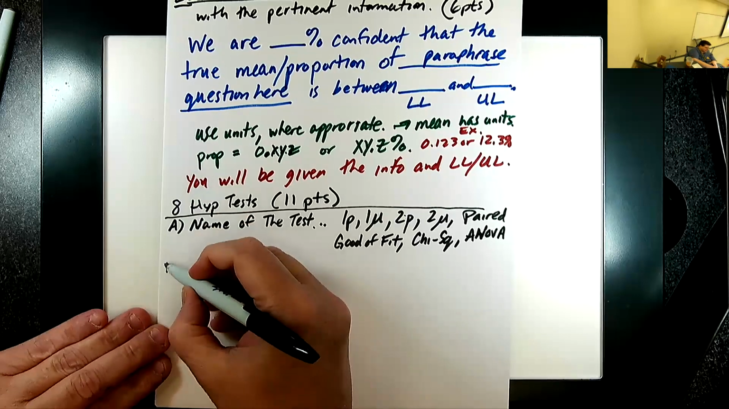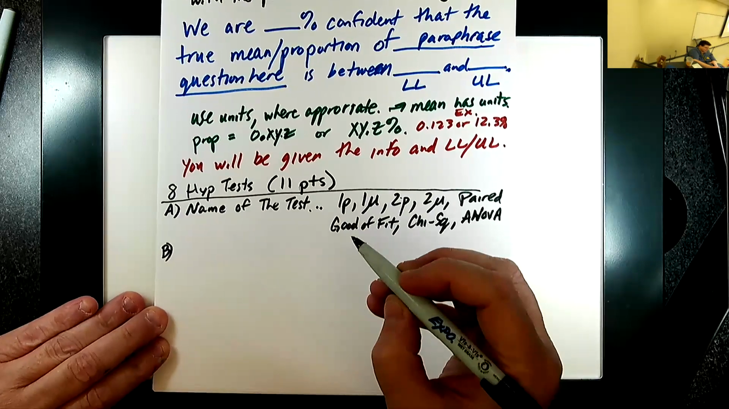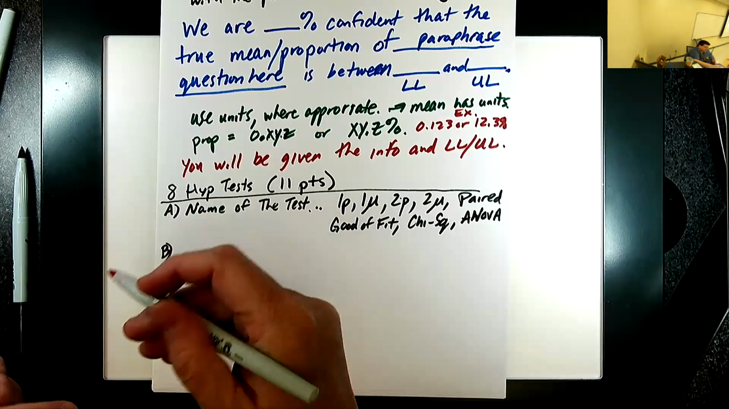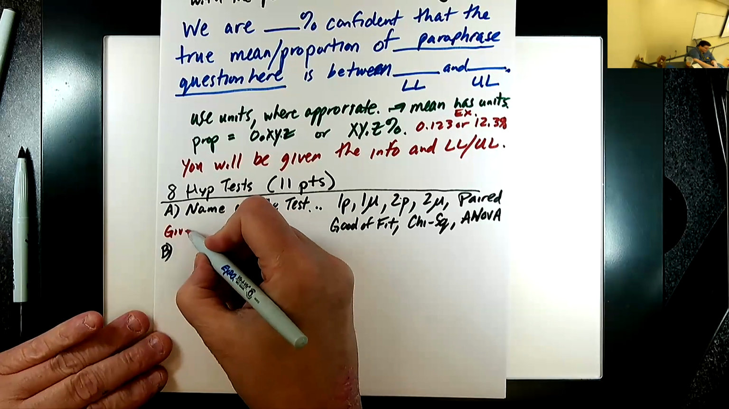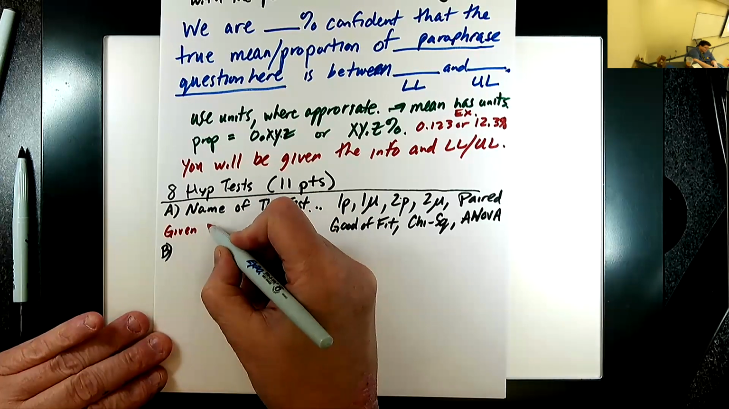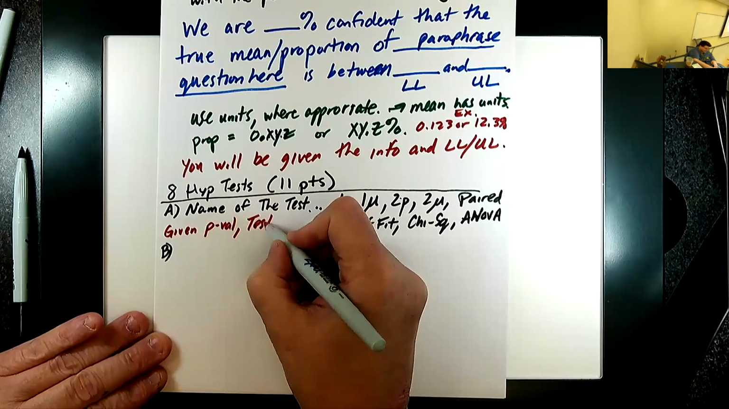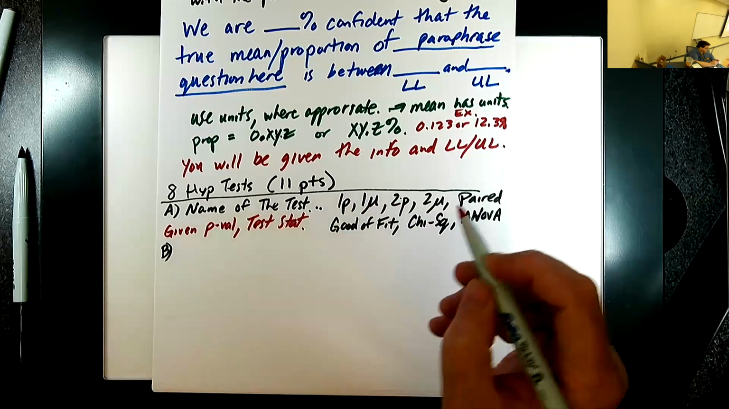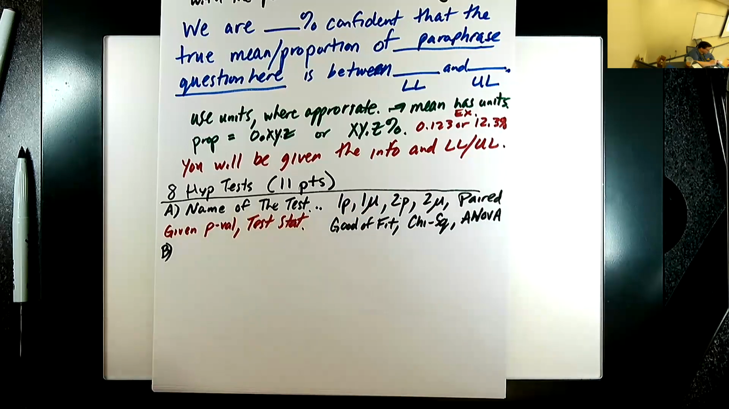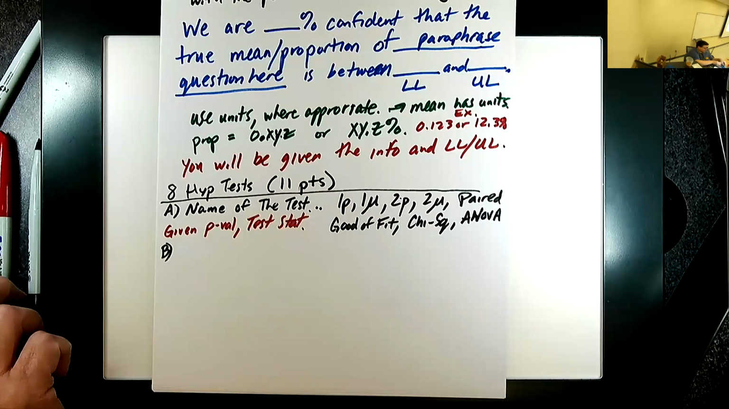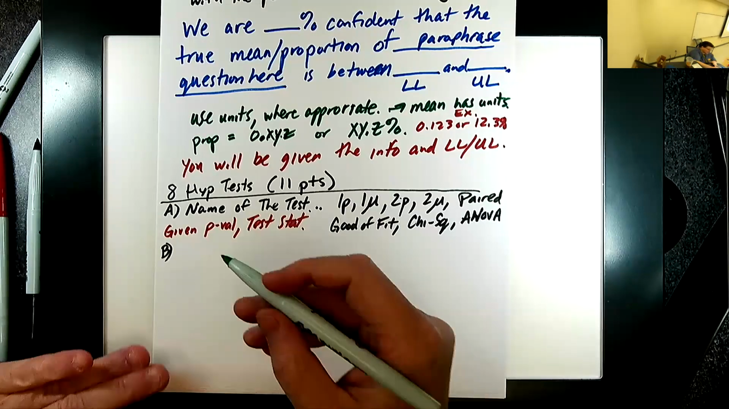B, now we're starting going into the test. Okay, you will be given the p-value and test data. You don't need to find that part. That's one of our normal 5 steps. One of the steps is finding those values. I'm going to do that for you. So you have 4 remaining steps to do. The 4 remaining steps to do are